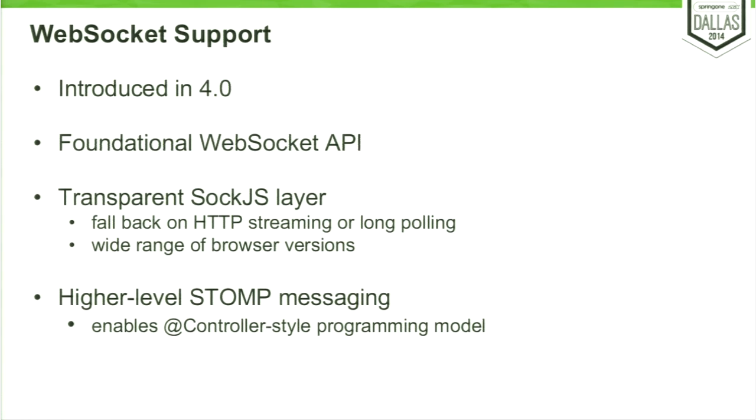But basically, this is something that we introduced in version 4 of the Spring Framework. It was a major theme, including 2 new modules. The Spring Messaging module was new in Spring Framework 4. The Spring WebSocket module was also new. And essentially, what we have there is a foundational WebSocket API, which allows you to work with different WebSocket engines. They can be JSR 356 or not. And then, in addition, outside of the JSR 356 support, we have a SockJS layer, which is absolutely